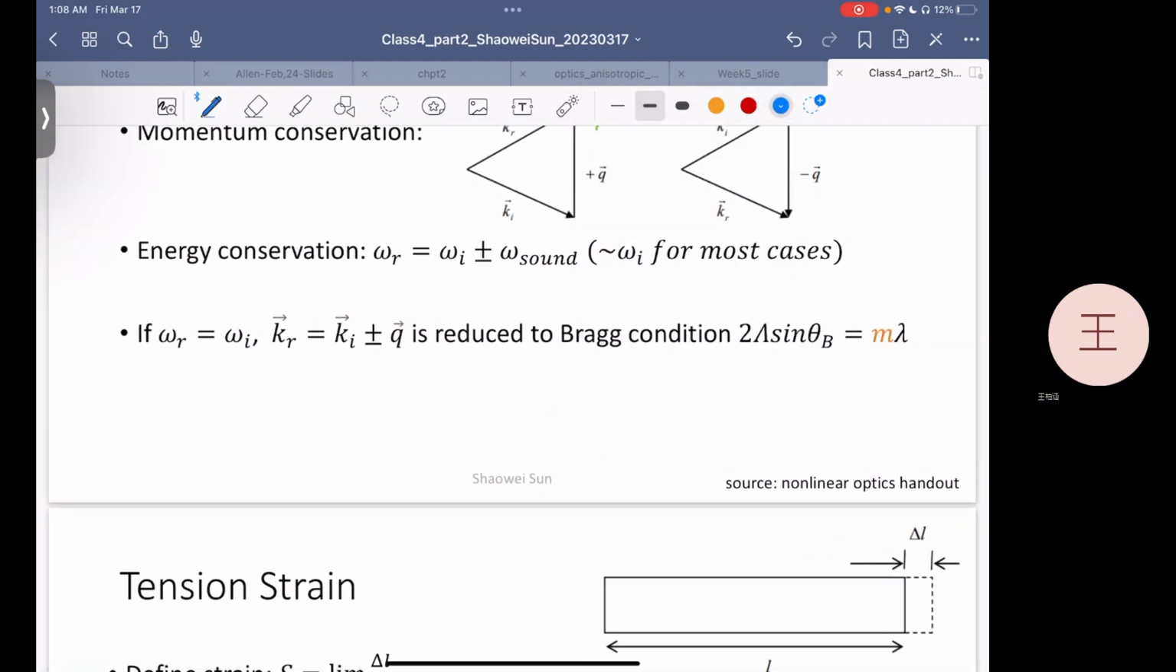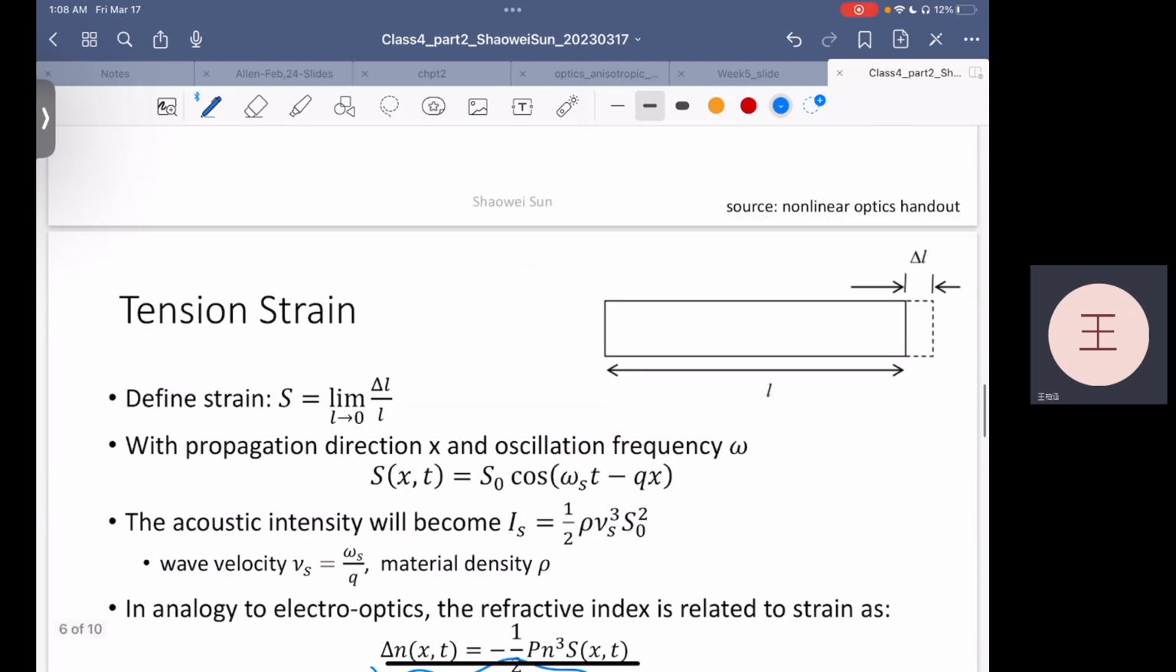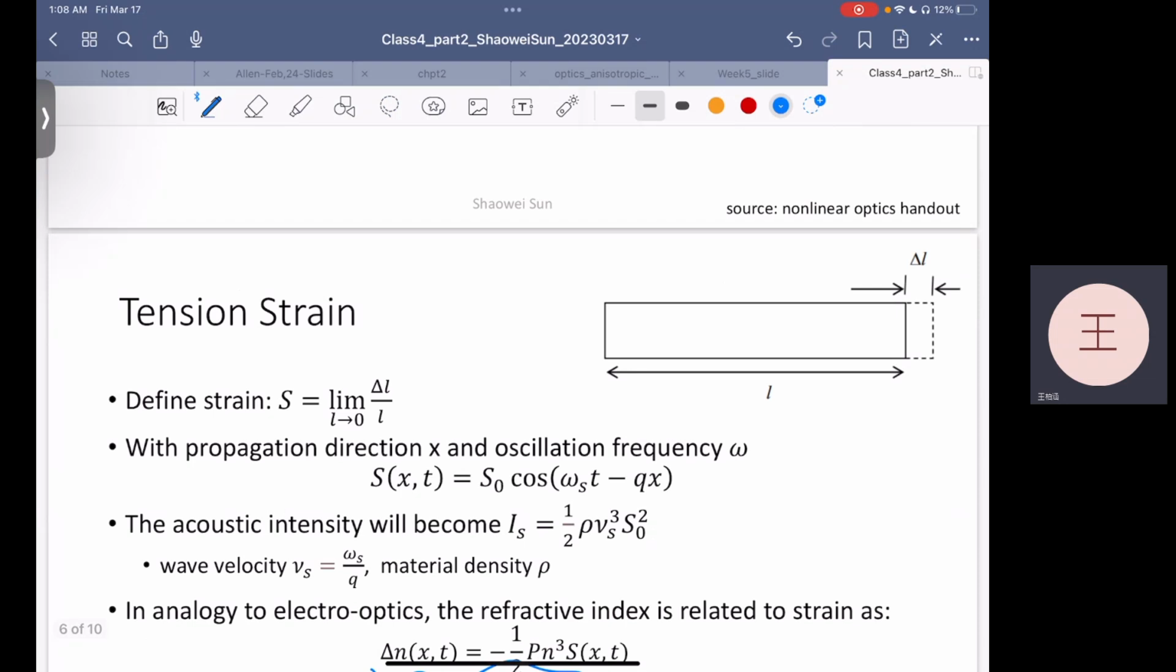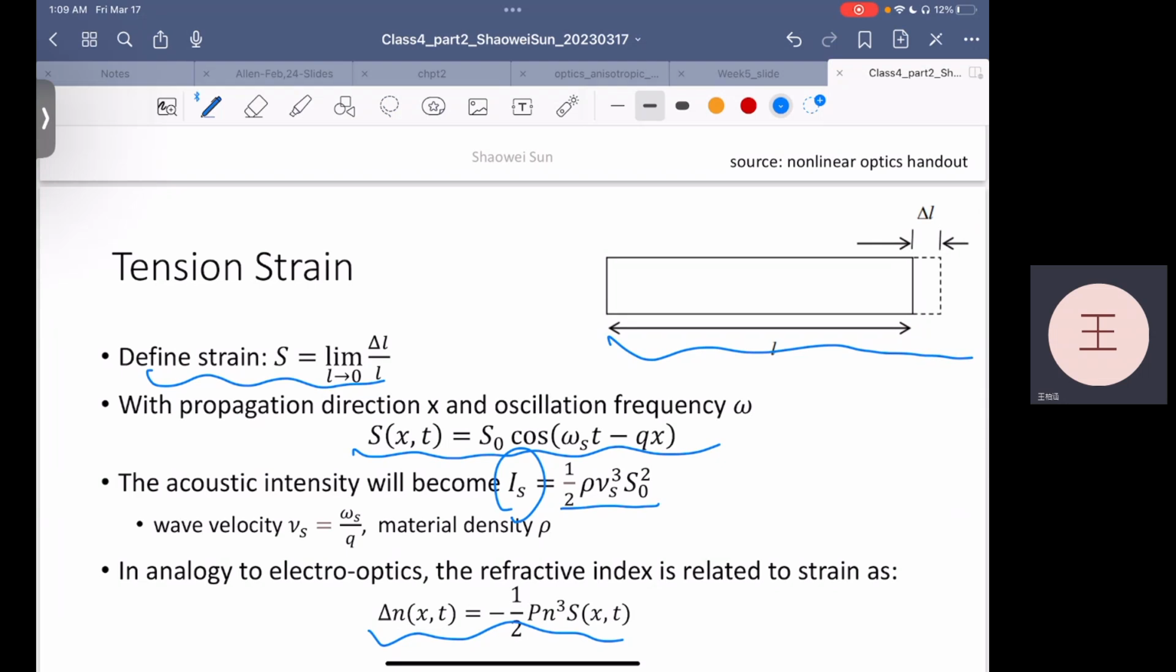So now, I think this is the basic concept about it, but just to provide you another way to understand index modulation under this acoustic wave, we introduce the concept of a tension strain, divided in this way and a vivid picture aside it. Taking the oscillation frequency and the propagation direction into consideration, you may form this kind of form where the intensity has this kind of